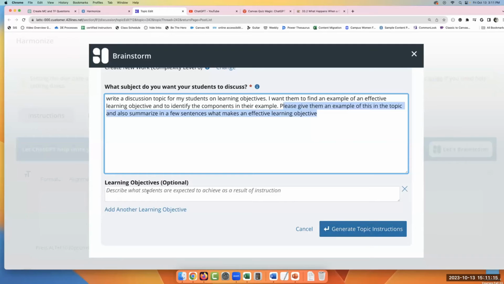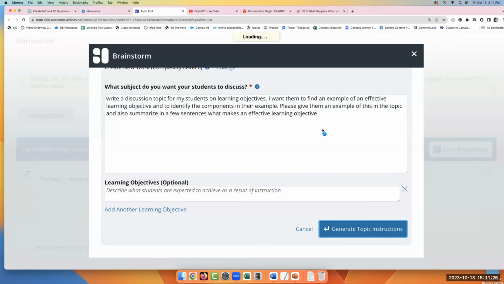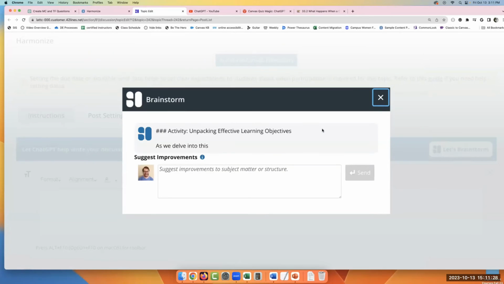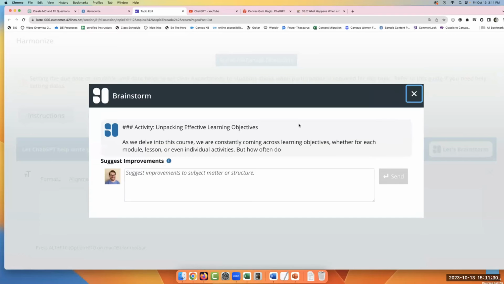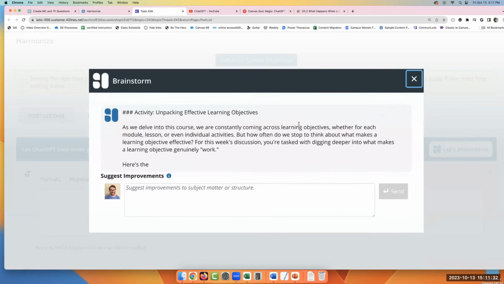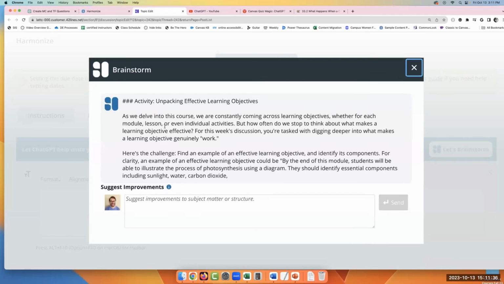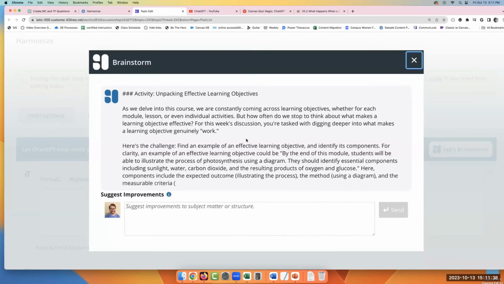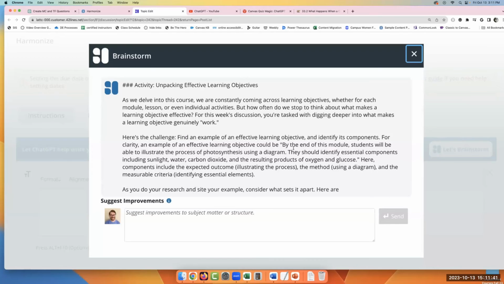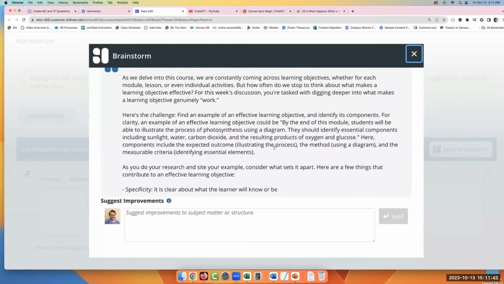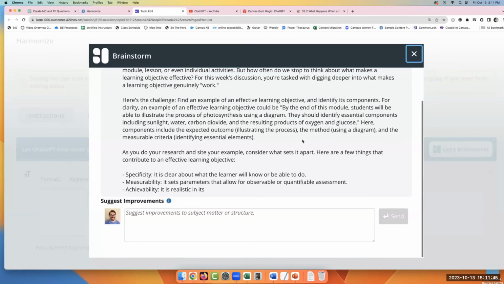And you can even add your own learning objective down here. It says optional. So I could paste in one if I had one. By the end of this discussion, students will be able to X, Y, Z. Let's see. Or I could get ChatGPT to write a learning objective based on this assignment, right? So here's what is happening in Harmonize. And it's a little wordy, I can already tell, but at least it's working, and it's giving us something here.